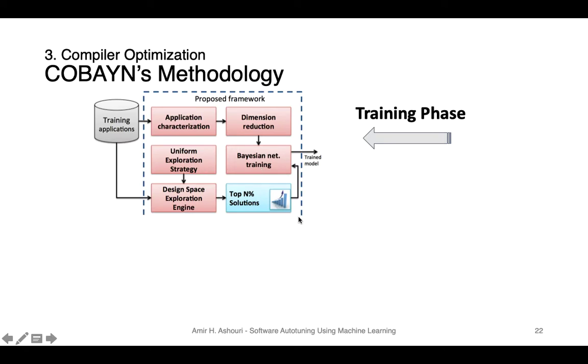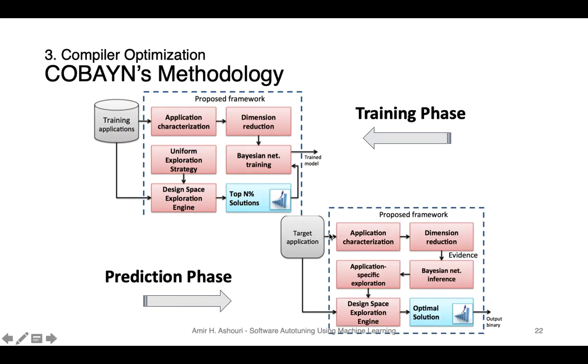We were only interested in filtering the top 15% applications in my data set, because I wanted my Bayesian model to be constructed with only good solutions. So when an unseen application comes in during the prediction phase, given the evidence I'm feeding to the model with its characterization, it's going to come up with a solution that was learned from the top 15% of the rest of my data set. And it's going to come up with a prediction for the optimal solution that the model thinks I need to use to maximize its performance.